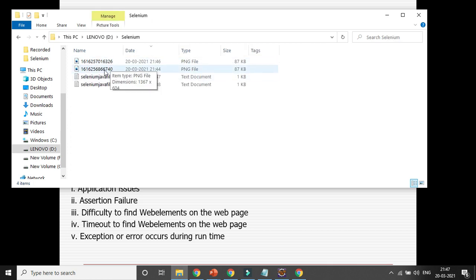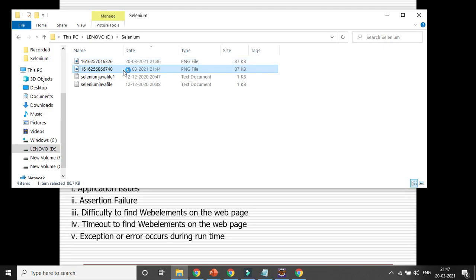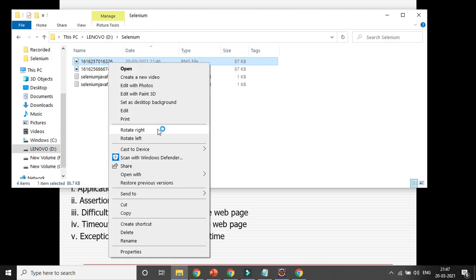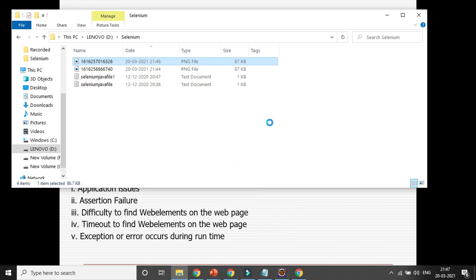Now let's try to open one thing. I'm not sure whether there is some problem with my PNG file or not. It may be only on my laptop, right? Let's try to open it in another format. Okay, Photos. So definitely you can get your screenshot.